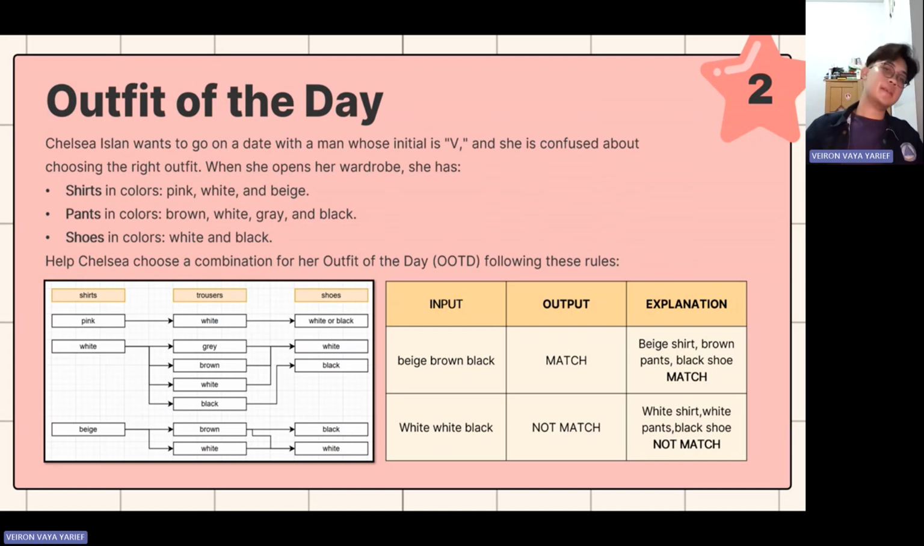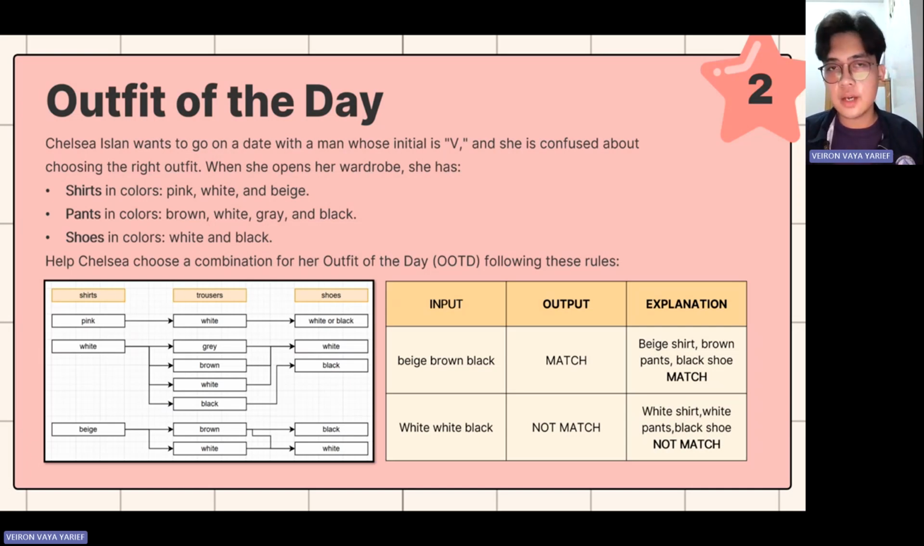We're exercising on branching. Okay, so we have a problem named Outfit of the Day. Chelsea wants to go on a date with a man whose initial is V, and she's confused about choosing the right outfit. When she opens her wardrobe, she has this. See, if you read the question,